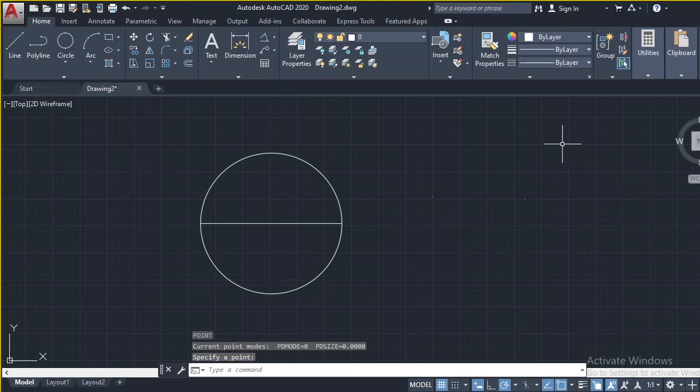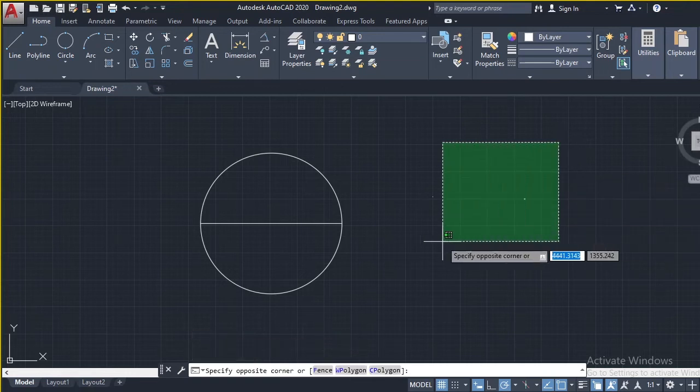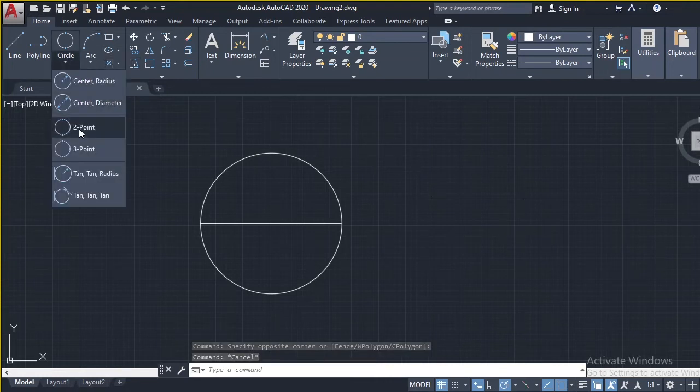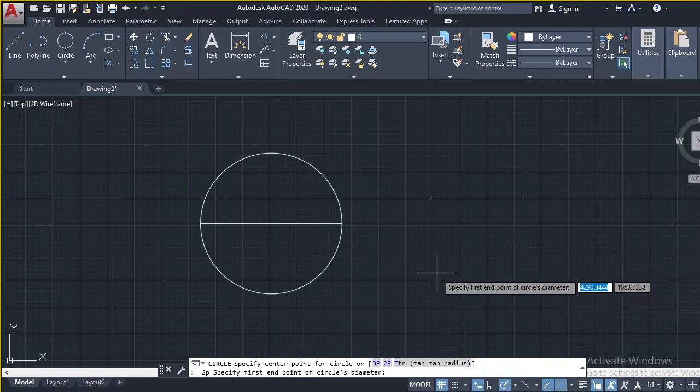I know you could not possibly see this because it's very tiny, but when I highlight it with the closing window, you see this is the point I have made. Then I want to draw a circle to meet these 2 points. So what I will do is use the 2 points command. I'll click on this. It is saying I should specify